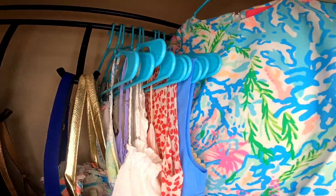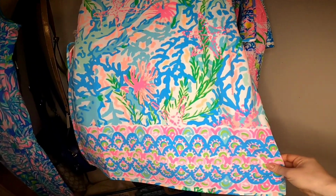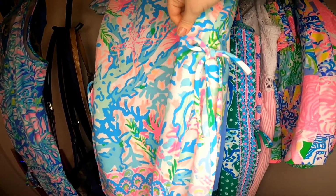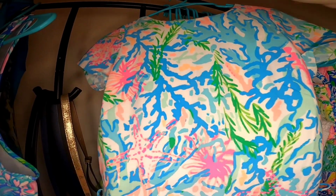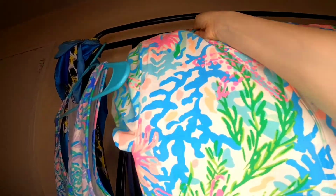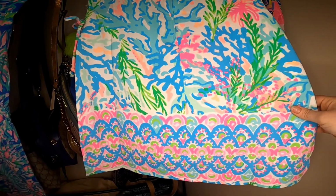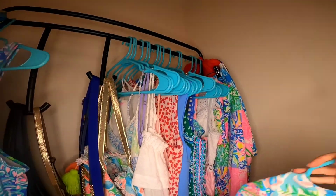Okay, so the second item was this romper. Looks adorable. As you can see, the shorts and the bows on the sides. I'm obsessed with Lilly rompers. I like skirt styles, because you can do whatever you want. You can ride a bicycle and be in a dress. It's perfect. And I just love this color so much. This is the second item,